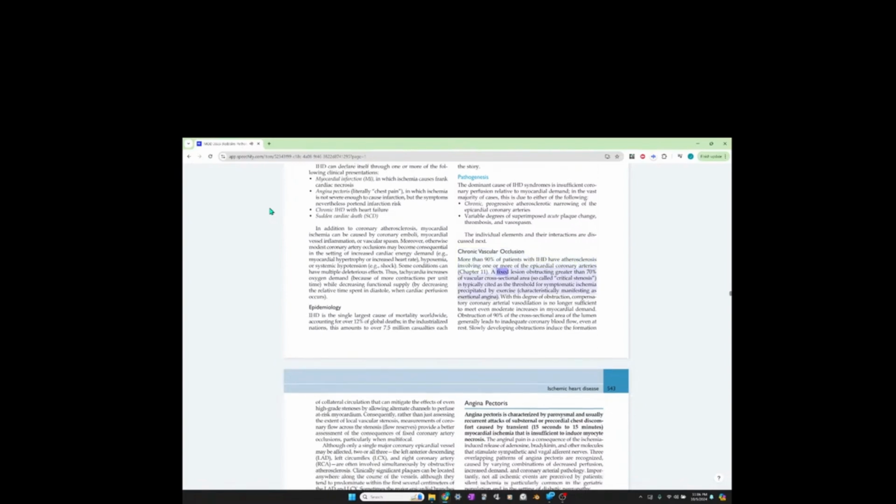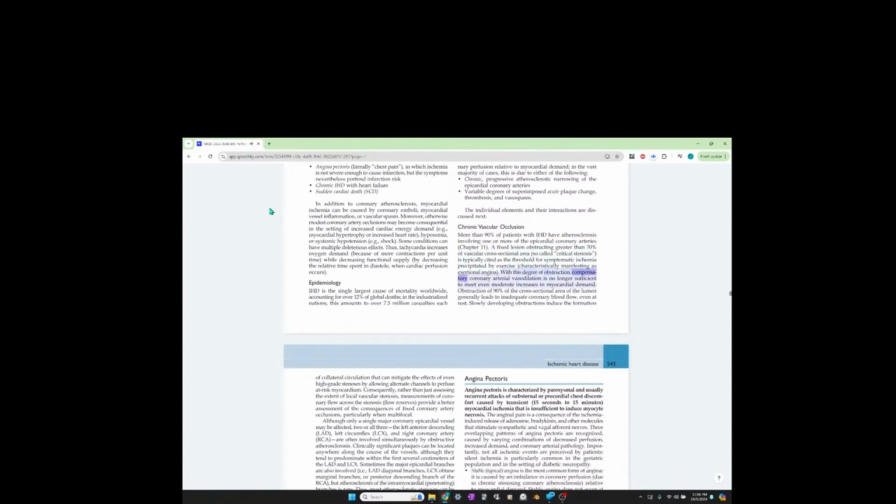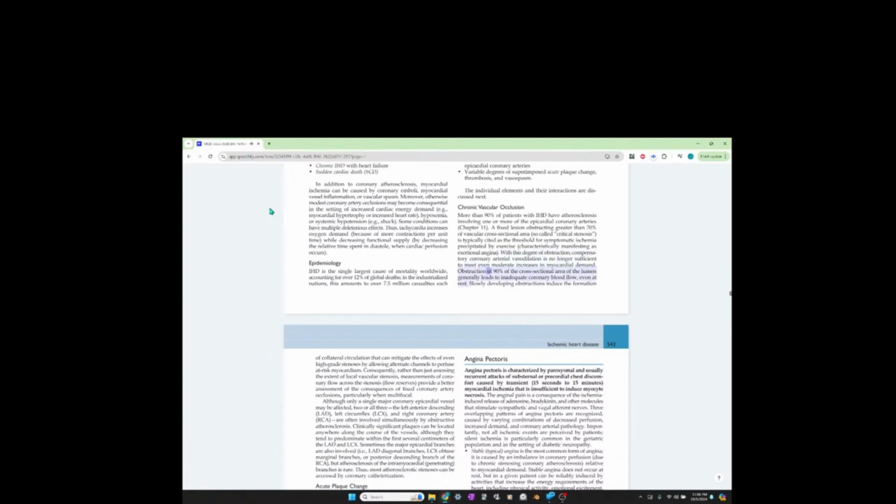A fixed lesion obstructing greater than 70% of vascular cross-sectional area is typically cited as the threshold for symptomatic ischemia precipitated by exercise. With this degree of obstruction, compensatory coronary arterial vasodilation is no longer sufficient to meet even moderate increases in myocardial demand. Obstruction of 90% of the cross-sectional area of the lumen generally leads to inadequate coronary blood